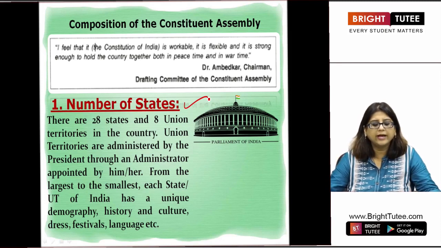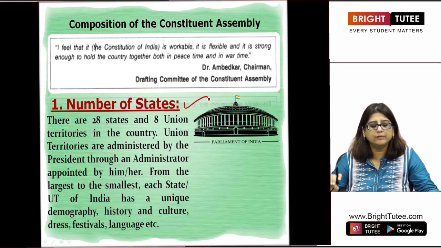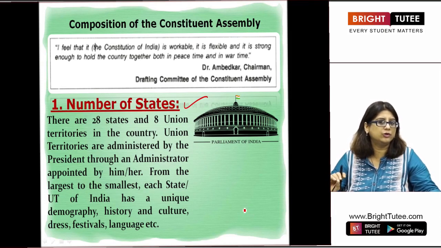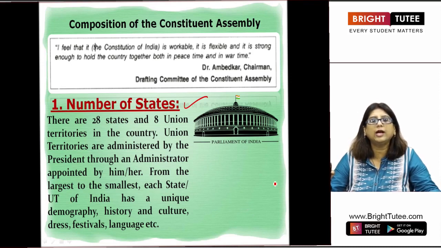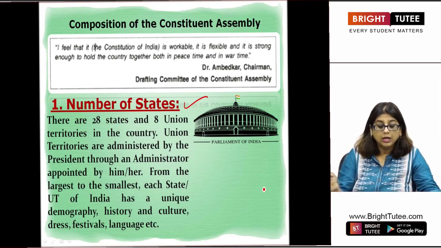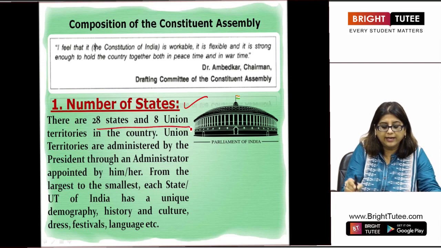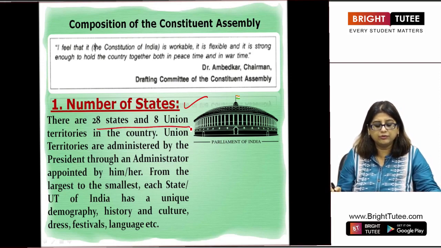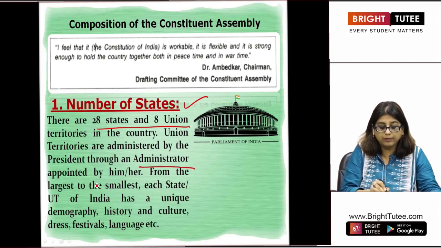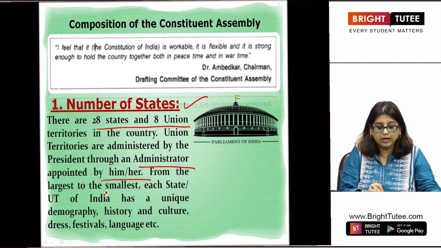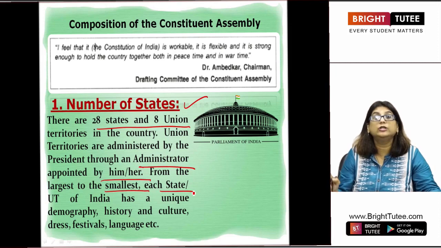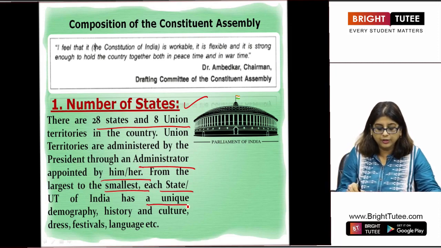So he was right that this constitution was made such that it could hold the country together, whether it is peaceful time or the time of war. And there are 28 states and 8 union territories in the country, and union territories are administered by the president through an administrator appointed by him or her. And from the largest to the smallest, each state and UT of India has a unique demography, history and culture, dress, festivals,